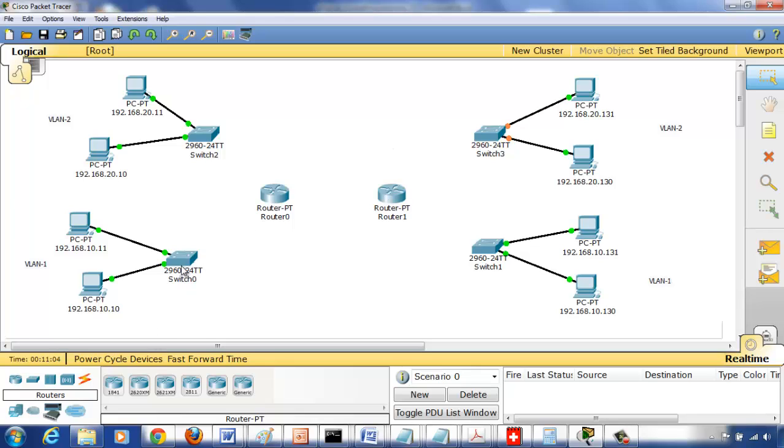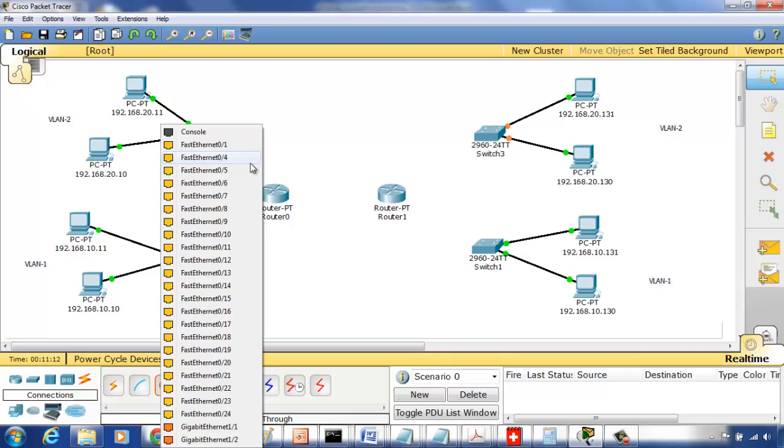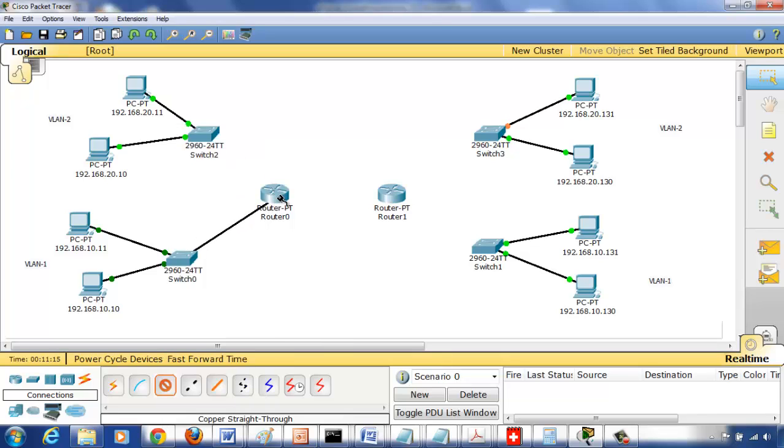So now we'll need to connect a switch to a router, so we'll again use a straight through cable. I will use interface 1 at the switch, and for this interface on switch 0, we'll use Fast Ethernet 0/0. So let me write it over here to keep it simple. And I'm going to assign an IP address 192.168.10.1. Okay, so routers always get the first available IP address in an address space. So we'll use this,